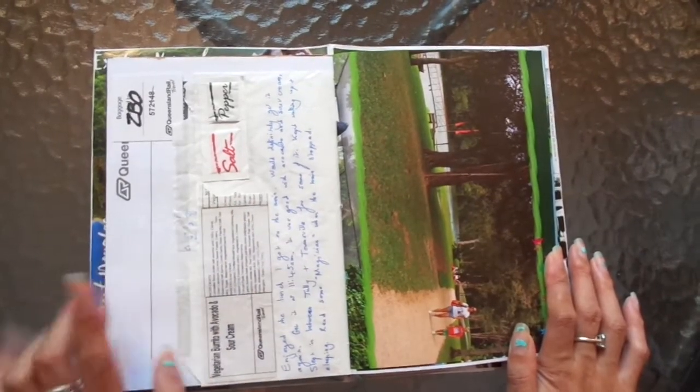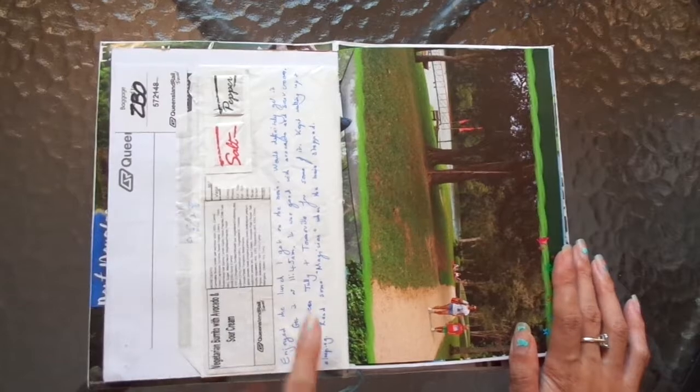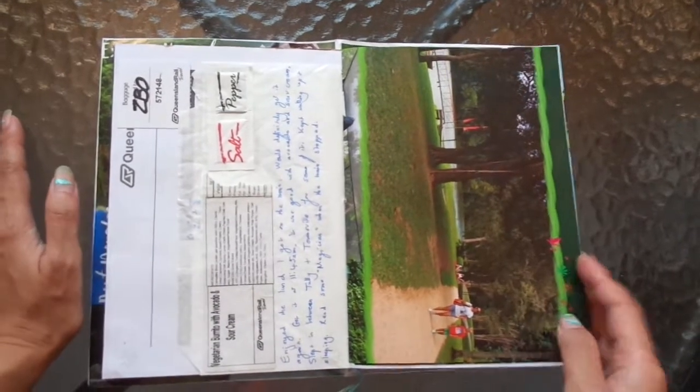Oh, and this is recording my lunch that I had on the train on the way back, because it was really nice. It was a veggie burrito. It was very nice. I would have it again, because you're never quite sure how the food is going to be on the train or the plane. More photos